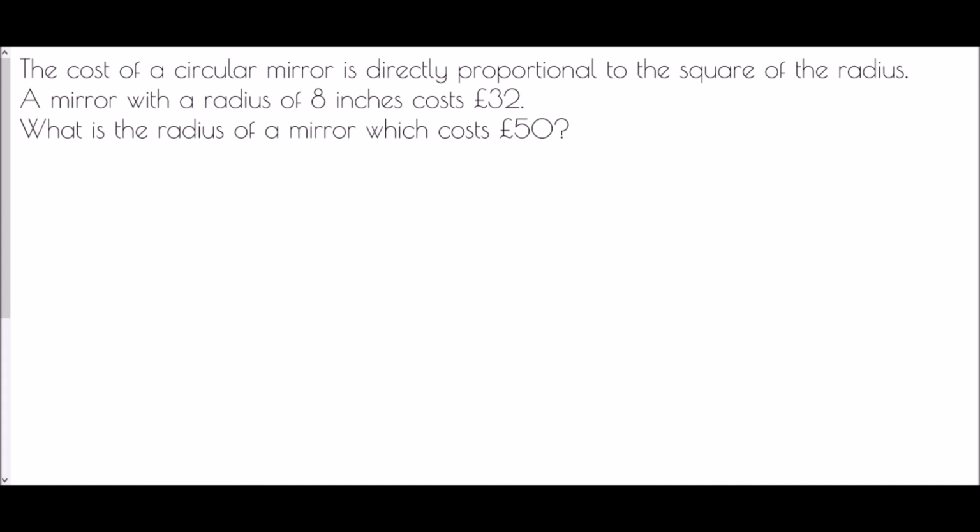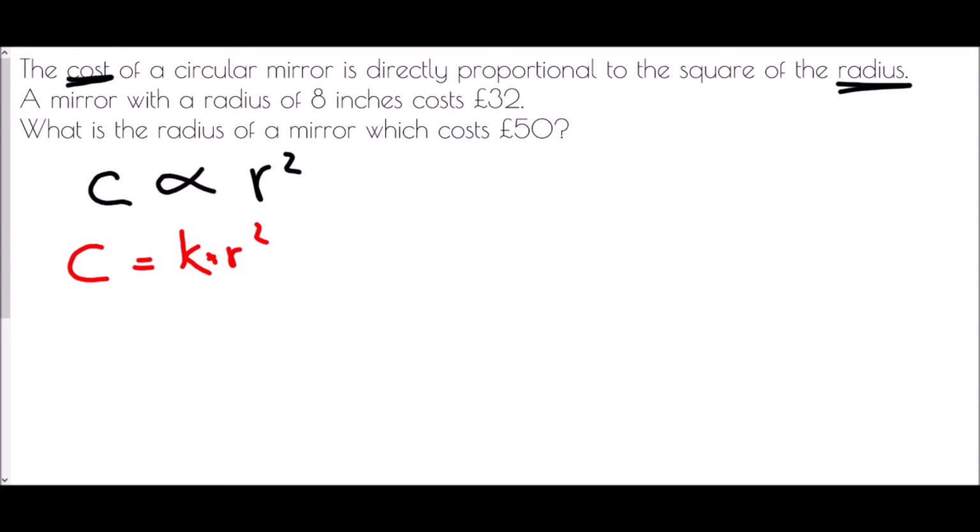So this is still a proportion problem and it still needs setting up in the same way. But in this case the cost is one important factor and the radius is the other important factor, and so cost is proportional to the square of the radius, so that is r squared. But once again, we still want to turn this into an equation. This is a direct proportion and therefore it's just k times r squared, and we've got some values that we know about both. So we have a radius of 8 inches, so that is k times 8 squared, and we have a cost